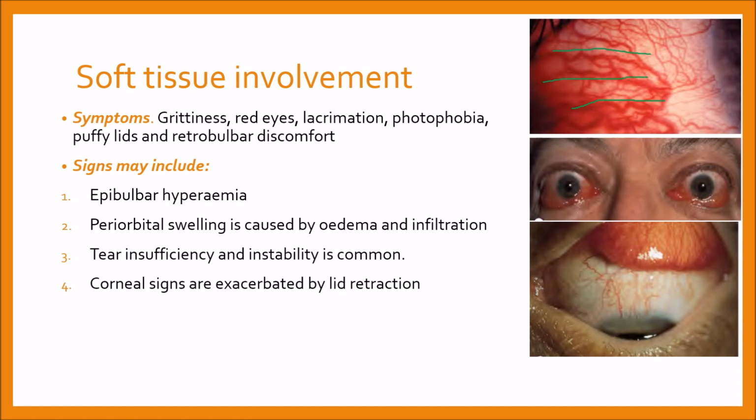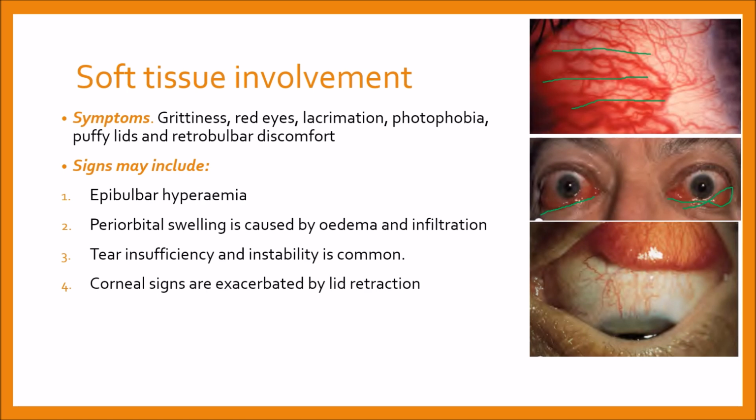Then there is periorbital swelling, which is caused by edema and infiltration behind the orbital septum. This may be associated with chemosis and prolapse of retroseptal fat into the eyelids, which can be seen here. Retroorbital fat seems to have prolapsed into the eyelids, and you can see it here as well.